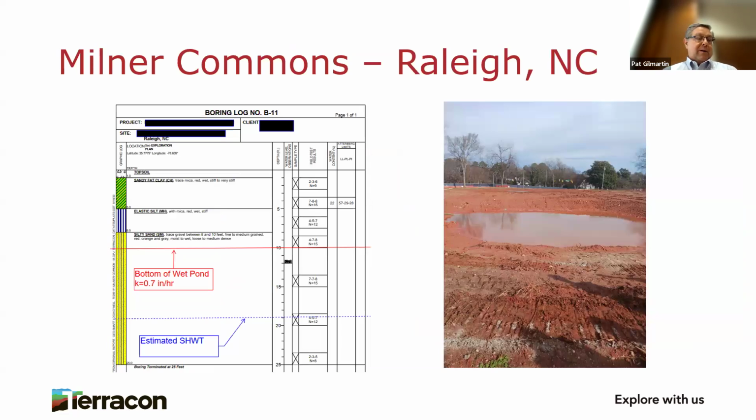And the last project I was going to talk about today, to save time for questions, is Milner Commons. This is a multifamily residential development in Raleigh, which includes a wet pond. The design bottom of the pond corresponded to residual silty sands, and it was above the seasonal high water table. The geotech boring says we got silty sands. Not the most low permeability material in the world, but